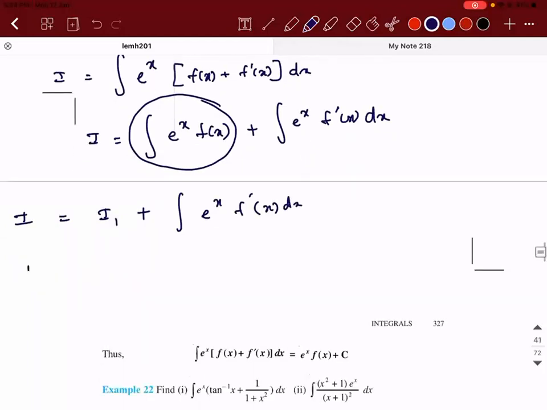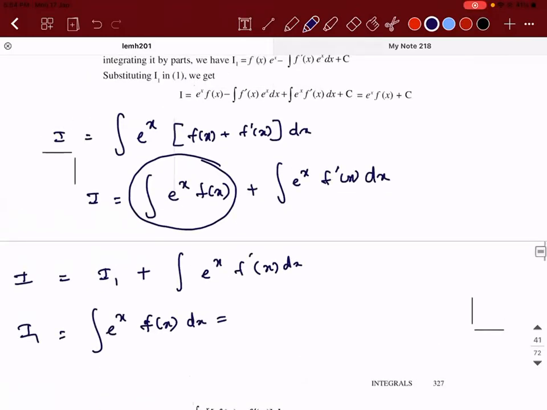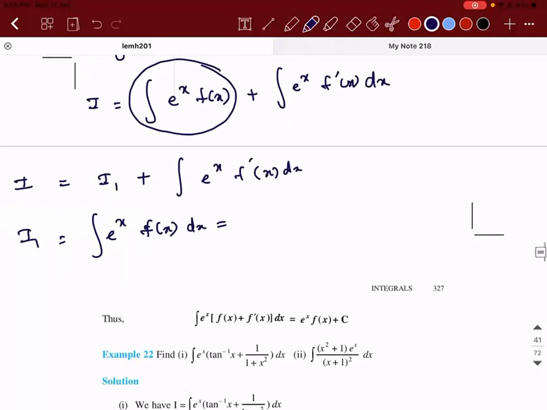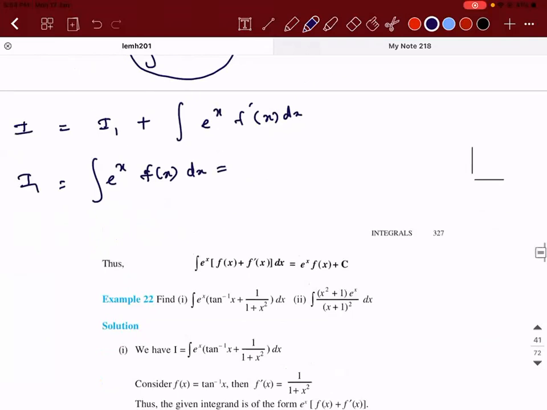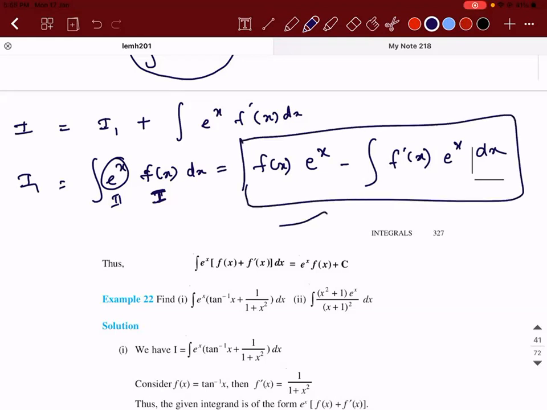So what is I1 now? The integral of e power x into f of x dx. Generally, if you take an exponential function, whatever is the value of f of x, unless it is an exponential function, by default ILATE says that e is always the least priority. So there is always the second function and the first function, correct? So this one, can I write it as f of x into the integral of e power x, which is e power x, minus the integral of the derivative of f of x into e power x dx? Am I right? So this whole thing is nothing but I1.